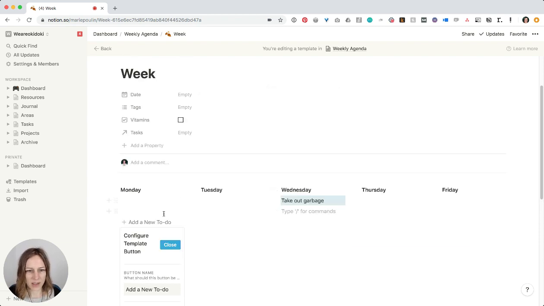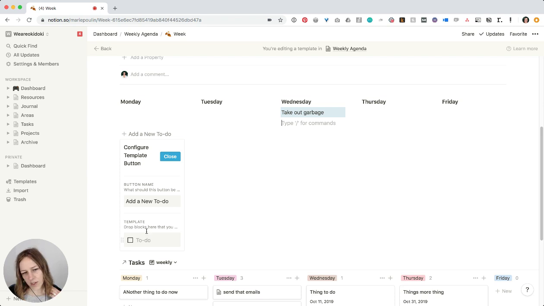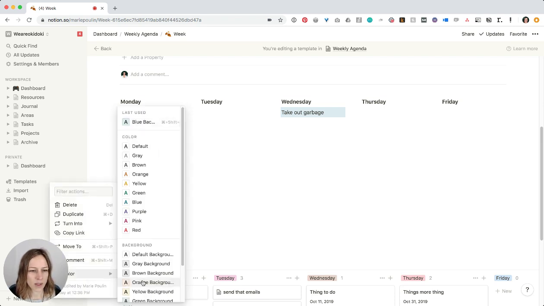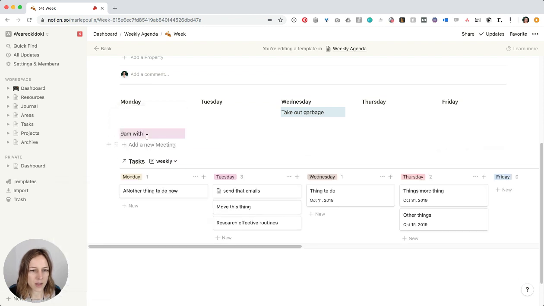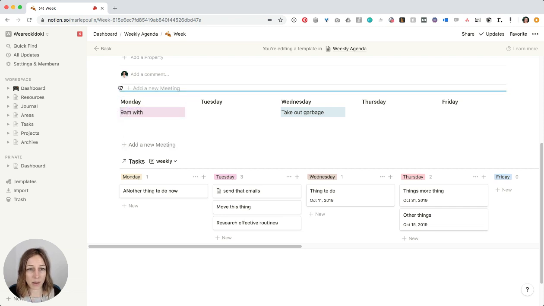Business meetings, I like to make pink. And again, if there's something that you add over and over again pretty often, like for example, I like to make meeting notes. So add a new meeting, and I give this a pink background. So if I close that and say add new meeting, you can see it adds this here. I typically add this above everything,